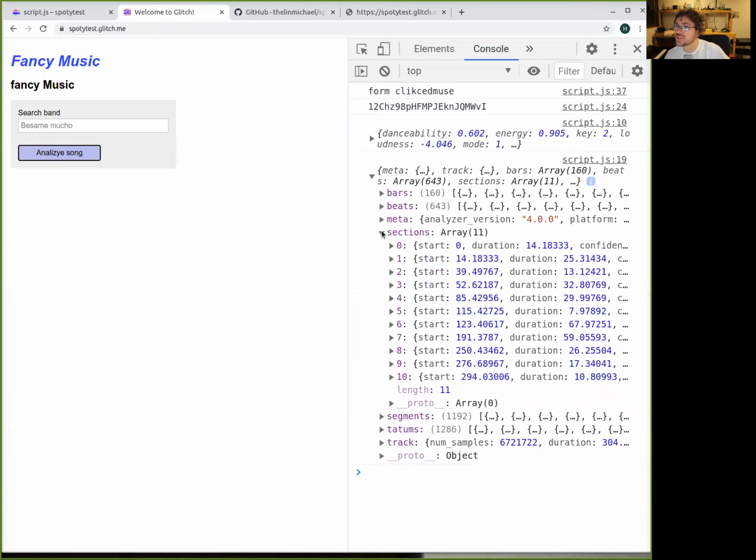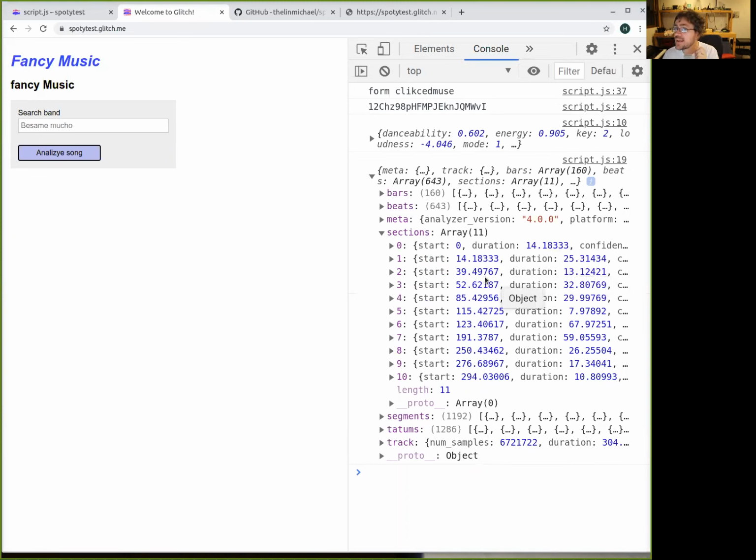It's giving you sections. This is nice. According to the algorithm of the analysis, this song is made of 10 sections, okay? The one that is going from 0 to 14 probably is the introduction, where you have the guitar. And then from second 14 to second 25, maybe start the drums.